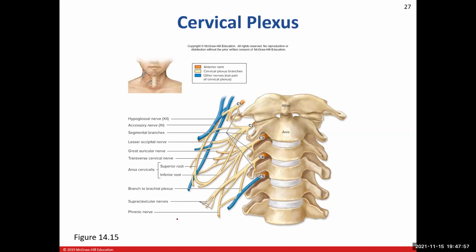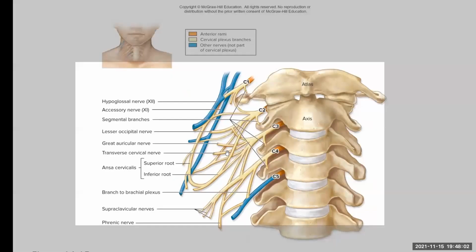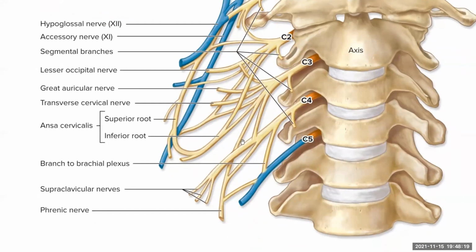When we look here at our cervical plexus, let me zoom in. Here you can see C3, C4, C5, some branches coming off of each of the anterior rami, and they start to form the cervical plexus. And then we'll eventually see how some of these branches from C3, C4, and C5 help to form the phrenic